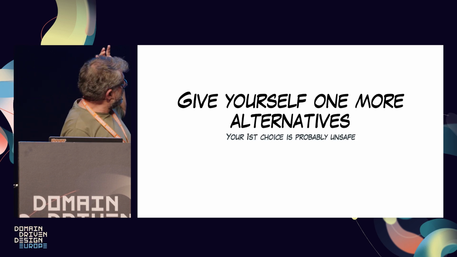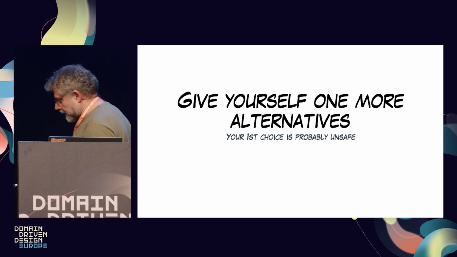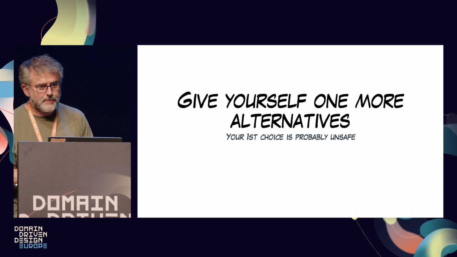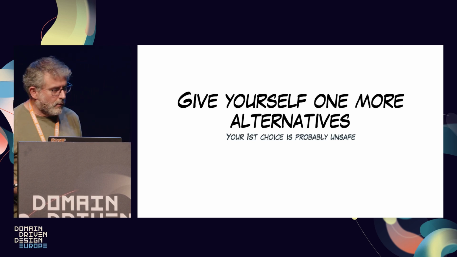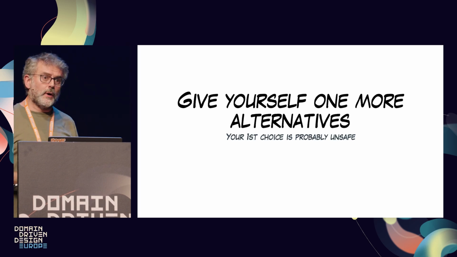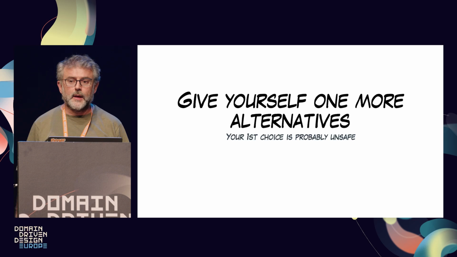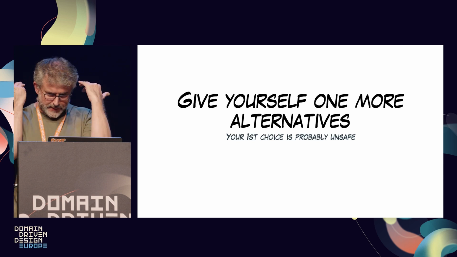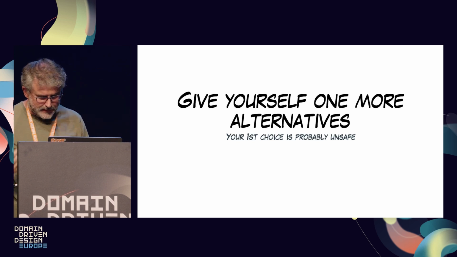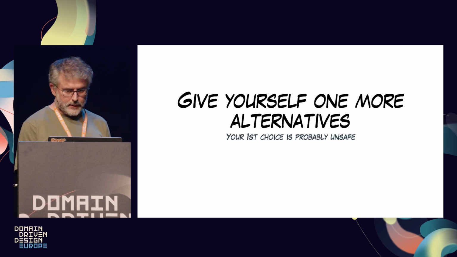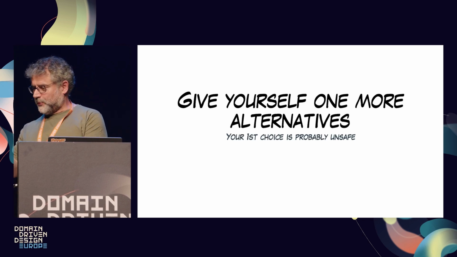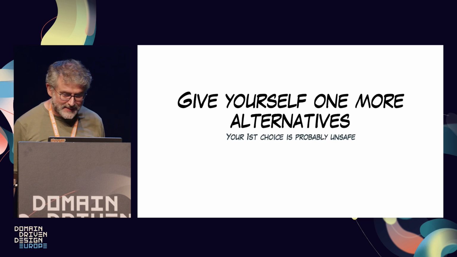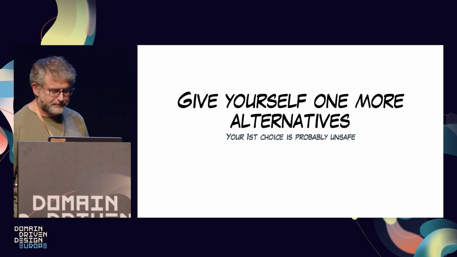The other thing is, give yourself more alternatives. This is not a luxury, this is necessary, because your first choice is unsafe. It might be yourself falling into the account trap, or it might be still yourself falling into, I'm doing what the domain expert is telling me. You need an alternative. You need to be able to choose. That is vital, because I don't trust myself, I don't trust the expert, and the only thing that can deliver some good model is that at least I'm sure the model I'm choosing is better than the alternative. Is it perfect? No, but it's at least the winner in my little brain competition.